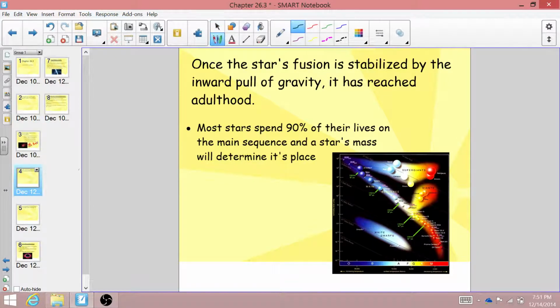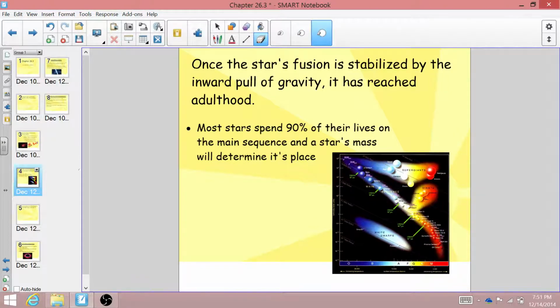So a very, very massive star will be found somewhere up here and will most likely be very hot, and it will be in the blue region of stars. A lower mass star will be somewhere down here and will most likely be red and a lower temperature. Our sun is a medium-sized star, and it is a medium energy, a medium temperature, so it lets off yellow light. Now, a star's life cycle will actually follow this diagram, which is pretty interesting.